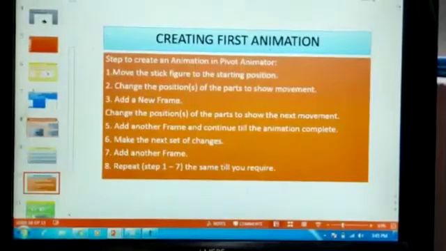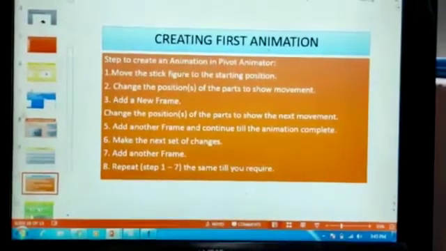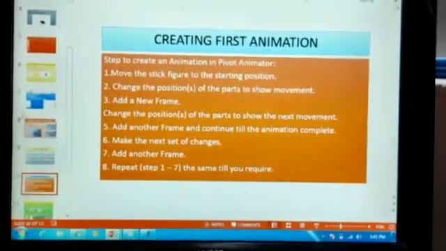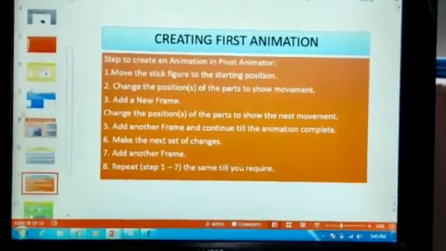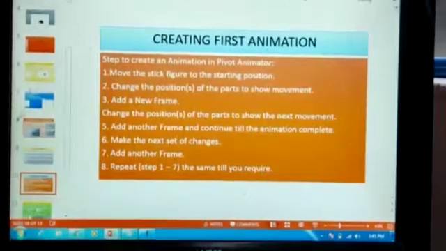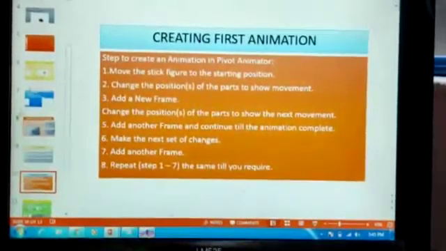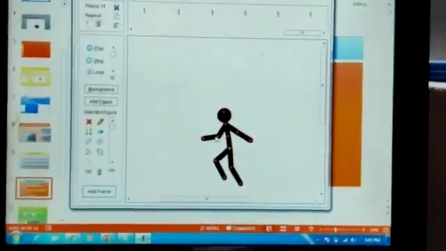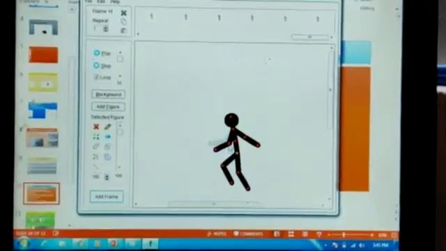Add another frame and repeat steps 1 to 7 until you reach what you require. In the same way you can give animation movement to the stick figure.